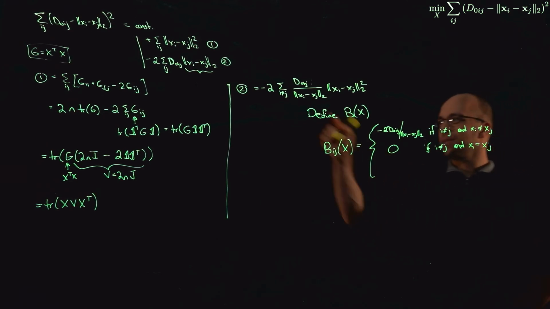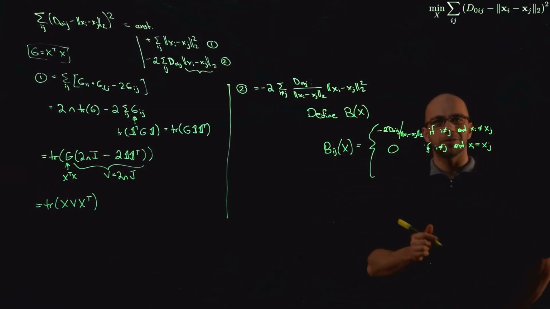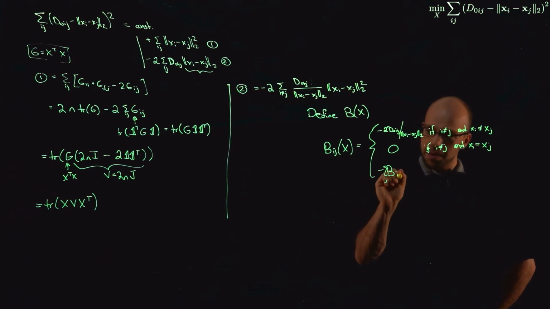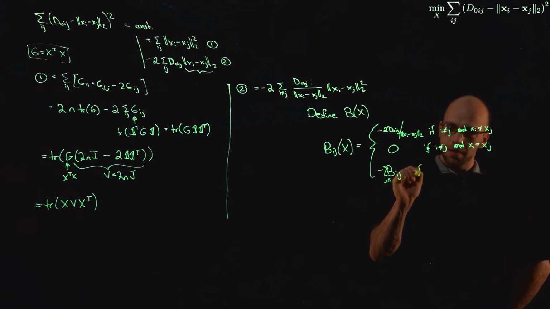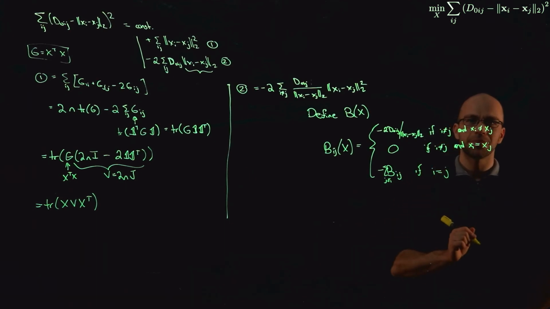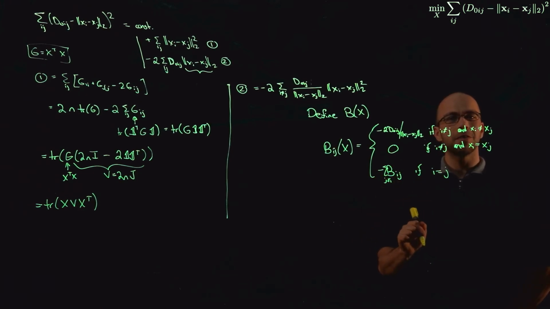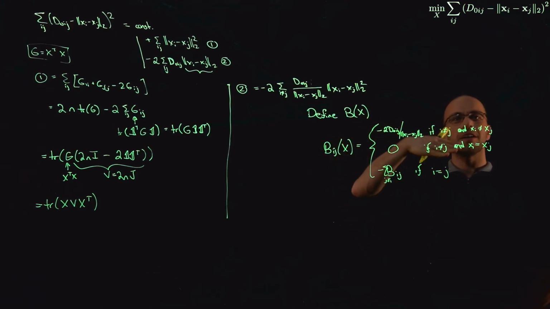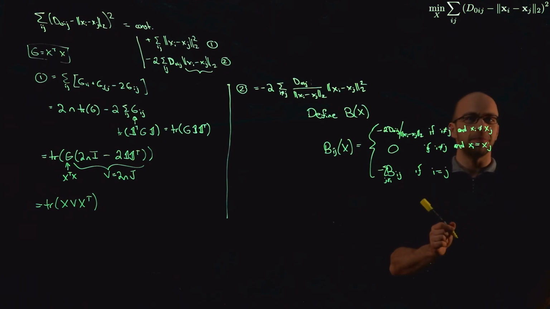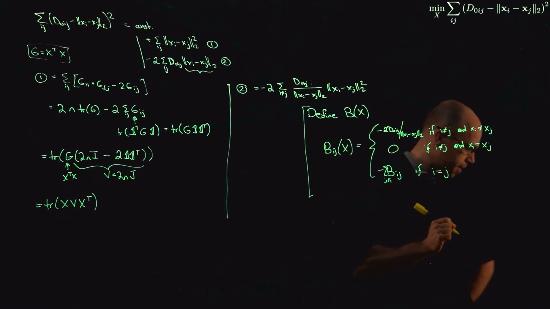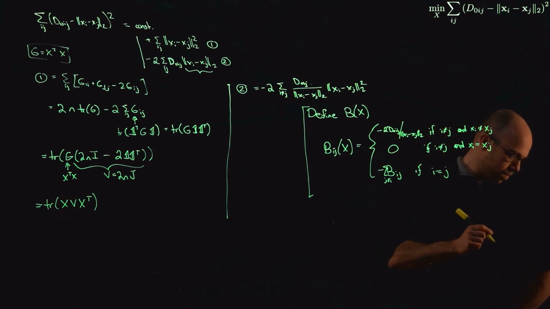So in other words, we just have to be a little careful to account for the case when there's no contribution here. And then finally, it's going to equal minus the sum over j of bij, where j is not equal to i, if i equals j. So in other words, this third term here is just making the row sum to 0 by putting minus the sum of the off-diagonal elements down the diagonal of B. So if I make this definition, which hopefully I got right despite the mistake in my notes here,